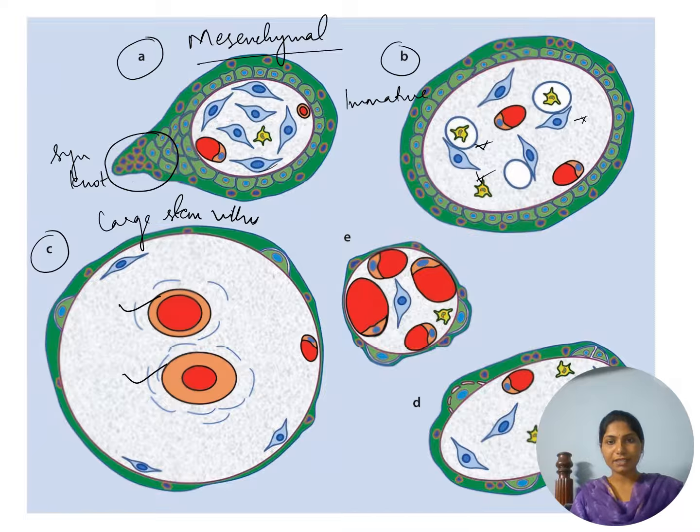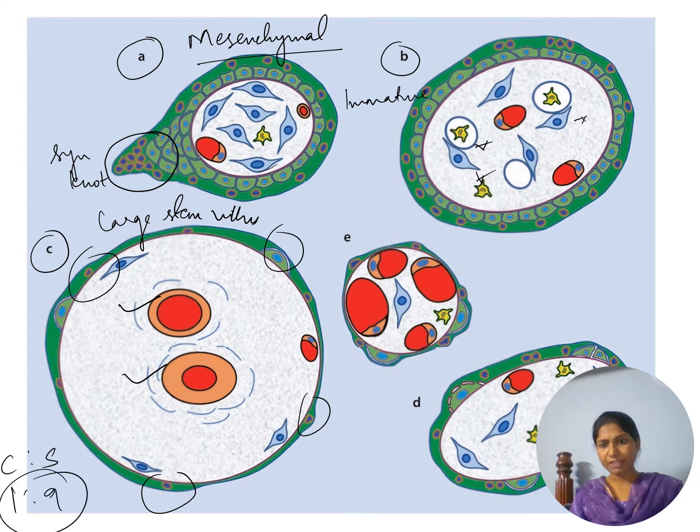But here what is happening? There is expansion of the villus for the increase in the surface area for gaseous exchange. So that is why, due to the expansion, the cytotrophoblasts are seen very far away from each other. Usually the ratio between the cytotrophoblast and syncytiotrophoblast nuclei will be around 1:9 even till term pregnancy. But we have seen that there is expansion of the villi and there is the huge stem villi which helps